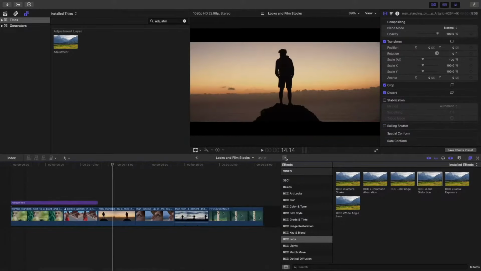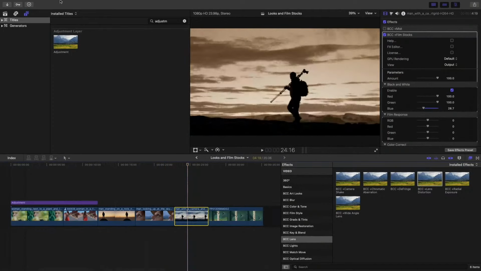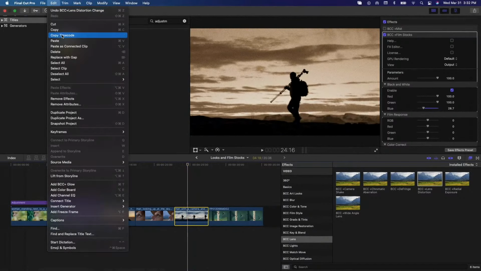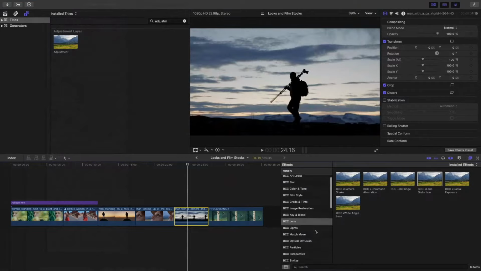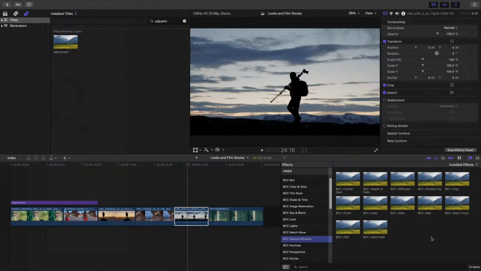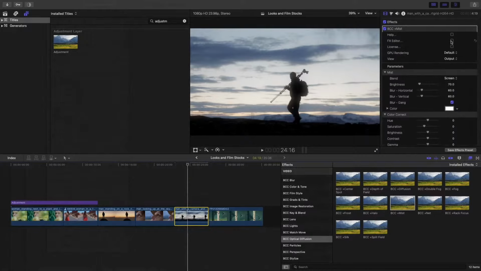Now, heading to one of my favorites, I'm going to actually go here to the clip. This is the last effect I'm showing. And I'm going to go to my edit menu and remove these effects. Let's head to the optical diffusion category here. And what I'm looking for is BCC Mist. And I just love how it kind of pops the glows and the highlights, as well as gives you a look. If we go here inside the effects editor,